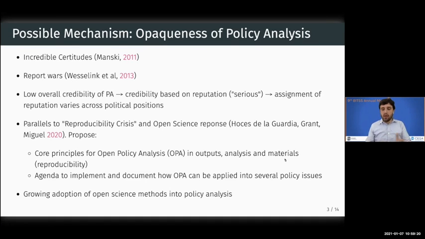And also we proposed the translation of the solutions from open science to policy analysis, and we call it open policy analysis. We propose three core principles of open output, open analysis, and open materials. And we also propose an agenda to implement and document how OPA can be applied to several policy issues. Today I will be showing you a project of open policy analysis that is the logical